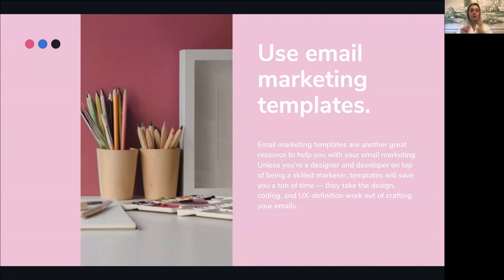Okay, use marketing templates. So each one of your emails, you will be able to go into your software. Let's say we're using MailChimp. I'll log into my MailChimp account and I'll start a new email, and then it will allow me to go through, and I know Constant Contact has hundreds of email templates that you can scroll through and pick one that you really like. Then all you are left to do is change your words, maybe change the colors, and change out the photos for a photo that's yours. But the actual design of the email is all done.